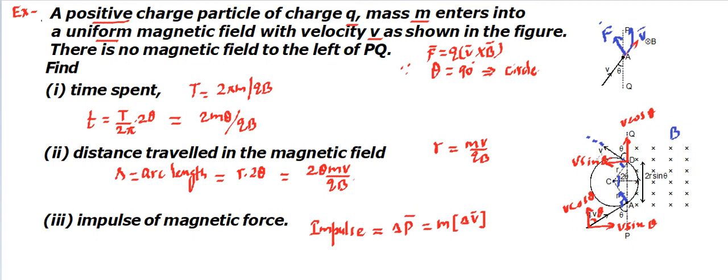Now you can see this vertical component is not changing, whereas this horizontal component of velocity is changing. So the change in velocity will be in the horizontal direction, final minus initial, so we can write it directly as minus twice m v sin theta i cap. So minus i cap is the direction, 2mv sin theta is the magnitude. So we can find the impulse the magnetic force is going to give, even though there is no change in speed, right? This is basically part of the circular motion that we need to deal with, and that's quite important from the examination point of view.